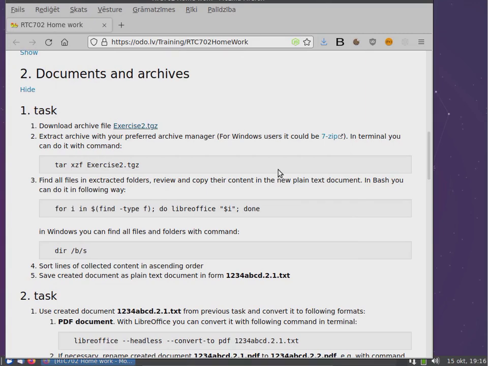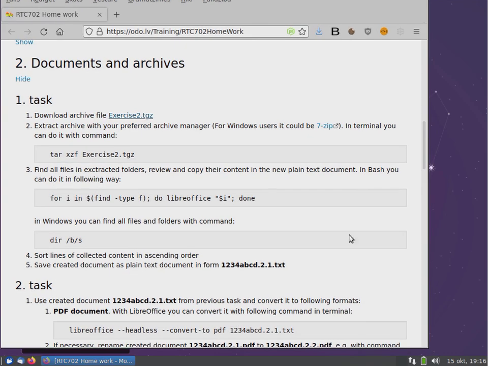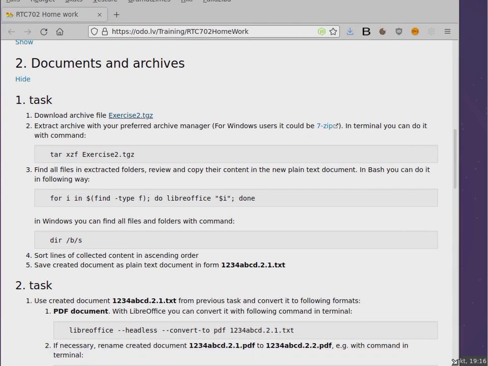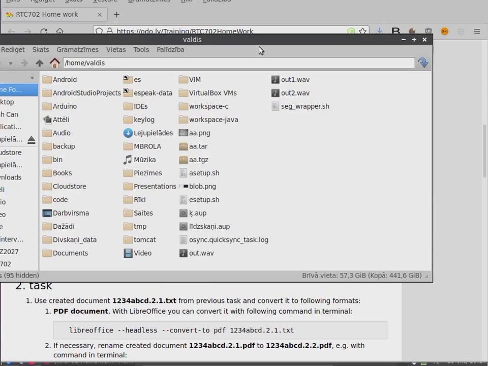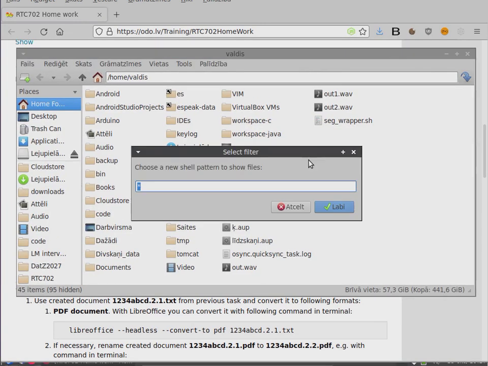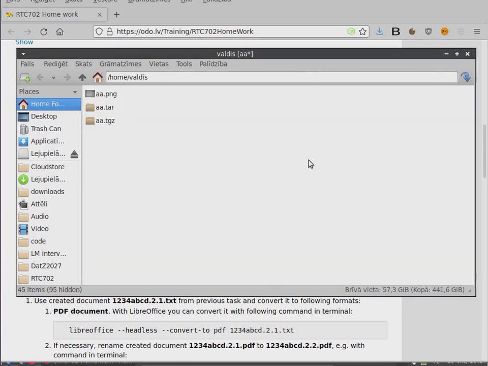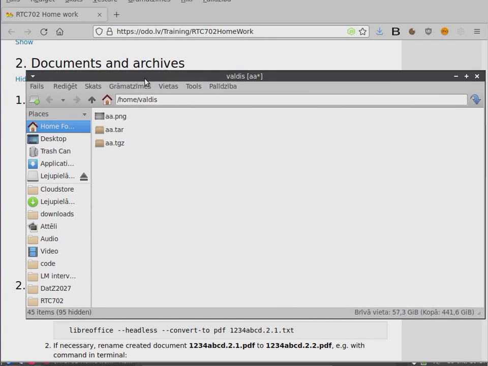Now about your practical exercise, because before we go forward, I will try to explain where some problems may be regarding your previous task. I'm still not sure where the actual problem is. I can just explain a little bit more about archives. And here I have some test files,